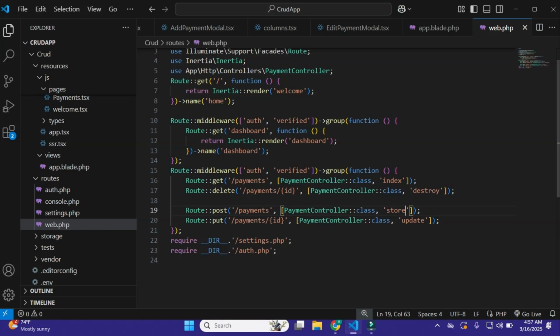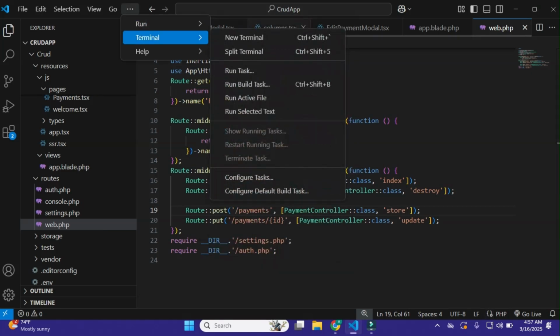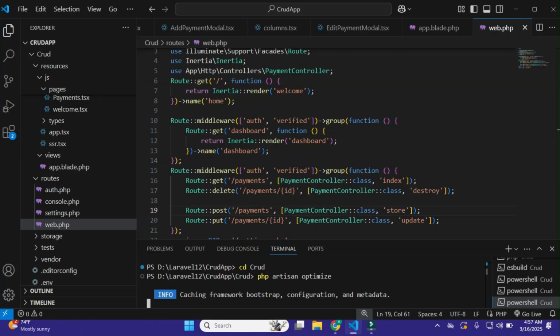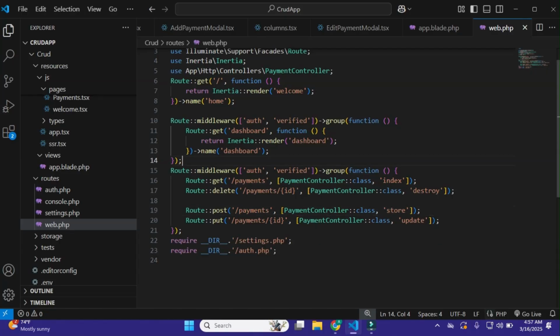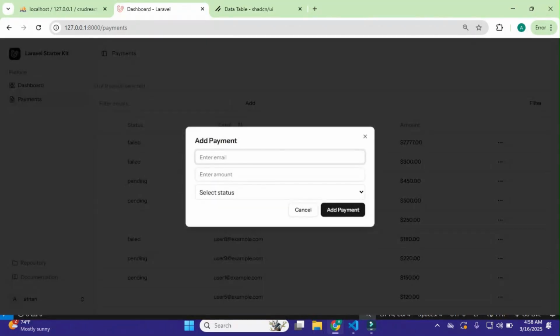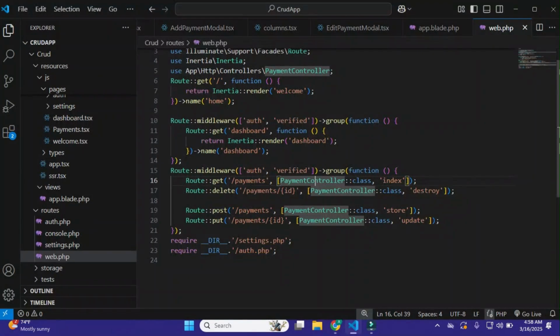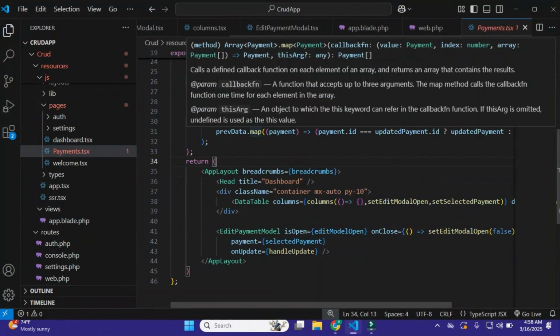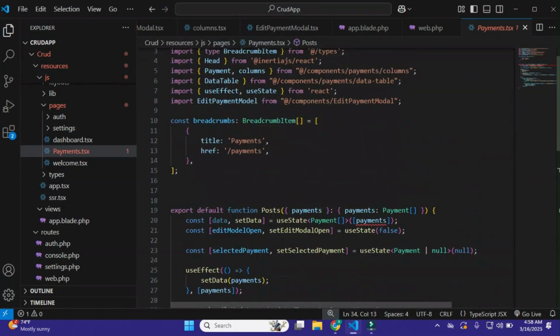Just save this and now I'll simply optimize it one time. Just come to project and optimize it. Okay, that's it. So close this and go to browser and reload it. And now when I click on add, we need to add this in the parent component, that is in our payment.tsx, and in it I'll simply add it like